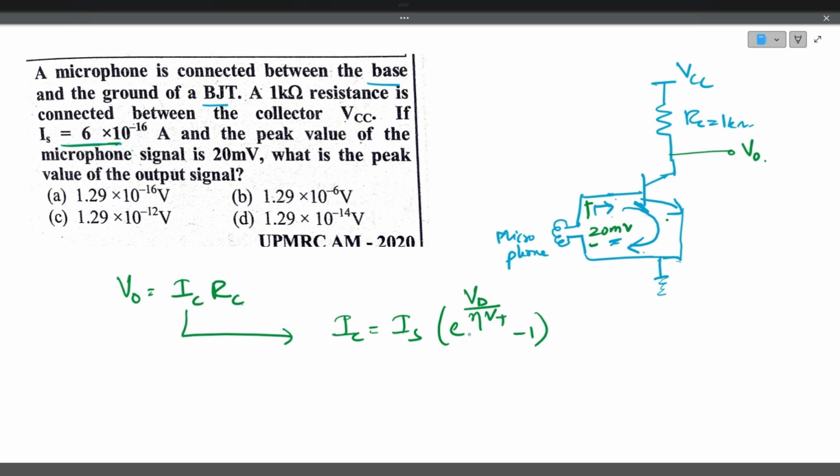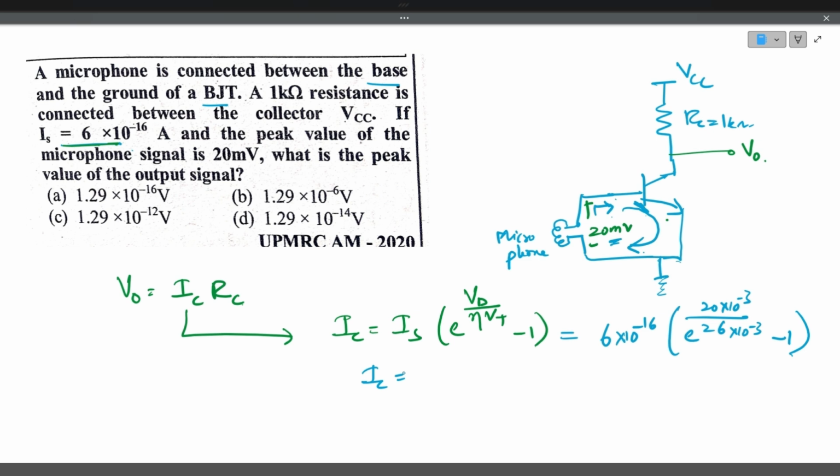Eta by default is taken as 1. VT is the thermal voltage, that is 26 millivolts. By substituting these values, we'll see 10 to the power of minus 16, e to the power of VD, which is 20 millivolts divided by 26 millivolts. That is the thermal equivalent voltage, 26 millivolts, minus 1. So if you calculate this, you will get the collector current as approximately